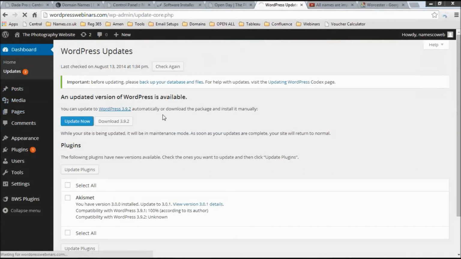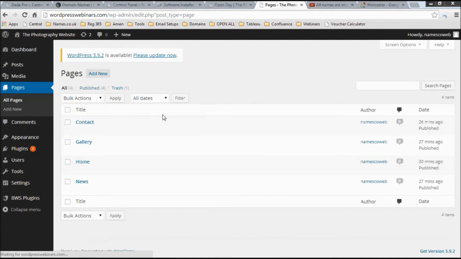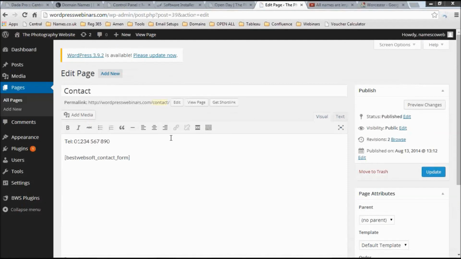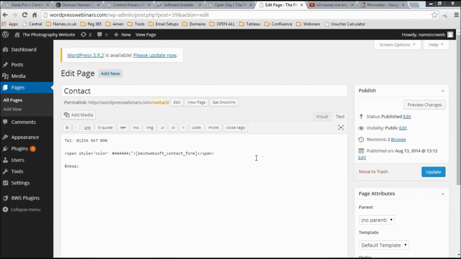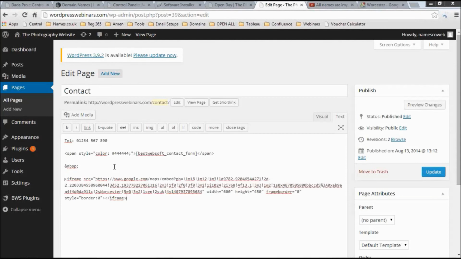Go back into all pages, hover over contacts and click on edit, or you can just click on the title of the page. And you see there we've got our telephone number and the short code that we added earlier. There's another view on all the editor screens called a text view. If you click on text and maybe do a couple of carriage returns and then paste in that iframe bit